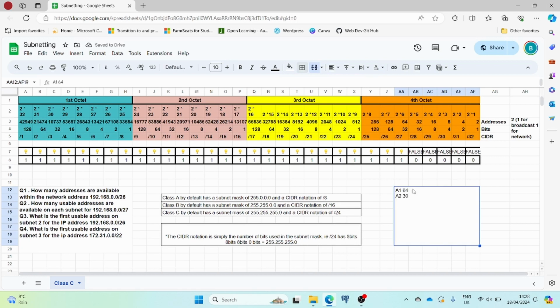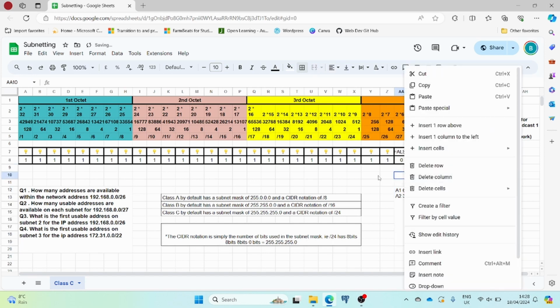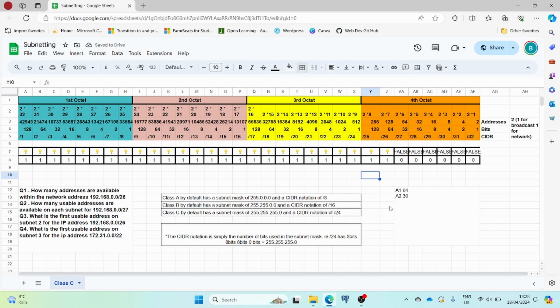For question 3, what is the first usable address on subnet 2 for the IP address 192.168.0.26? Again, I'm going to use the 26 bits. For this question, I would need to write out the different network addresses. So answer 3, network 1. The first address is